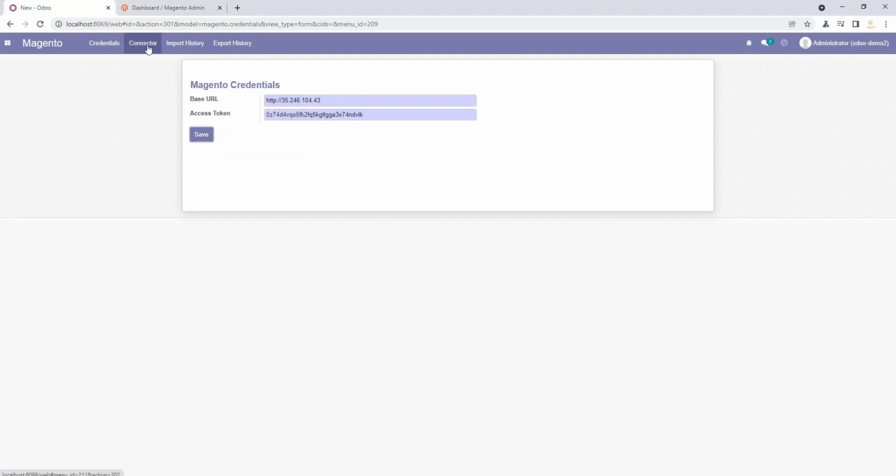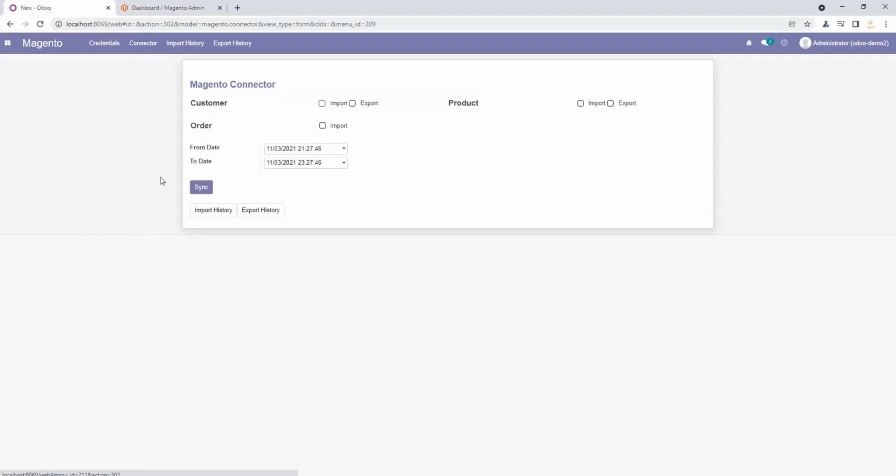After that we are moving to the connector, and as you can see, we have the following services that are integrated. We can test all the services one by one and check the workflow. Also we have a datetime filter. You can adjust the datetime filter according to the specific scope that you are looking for. After that we will use the synchronization process using this sync button. So we will start with the customers.